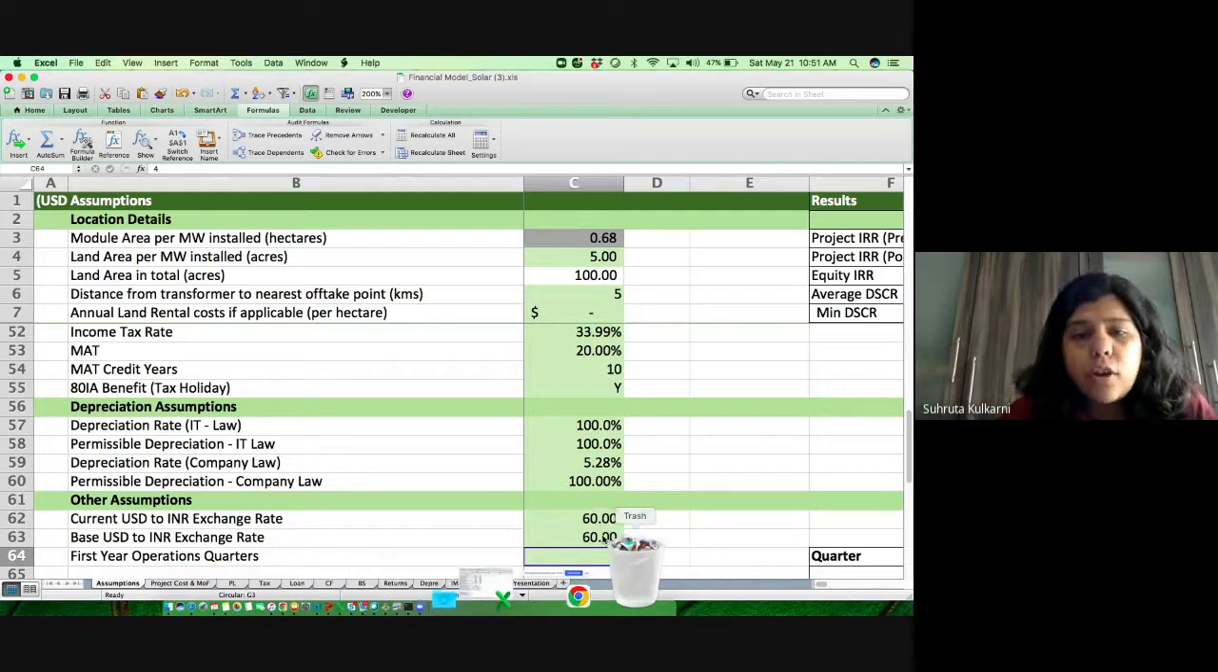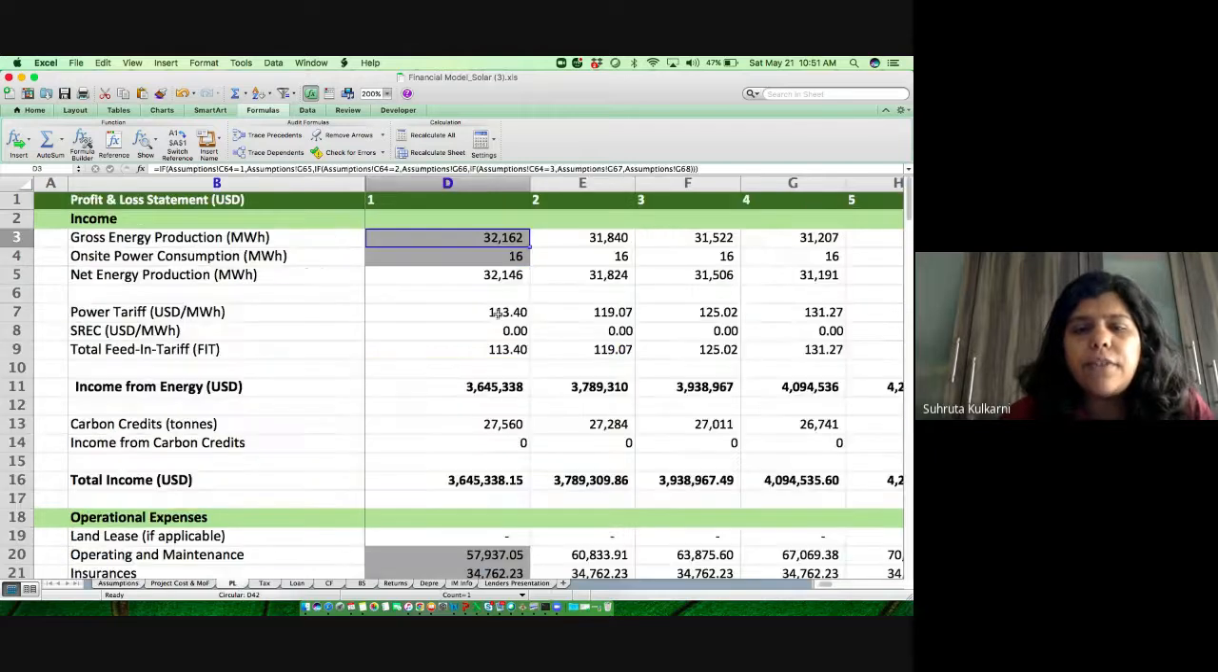Now in the first year of operations, do I have 4 quarters? Do I have 3 quarters? Do I have 2 quarters? Depends on when my project gets completed. So that's an assumption that I've built in. Let's see how this works. Okay, so right now the figure here is